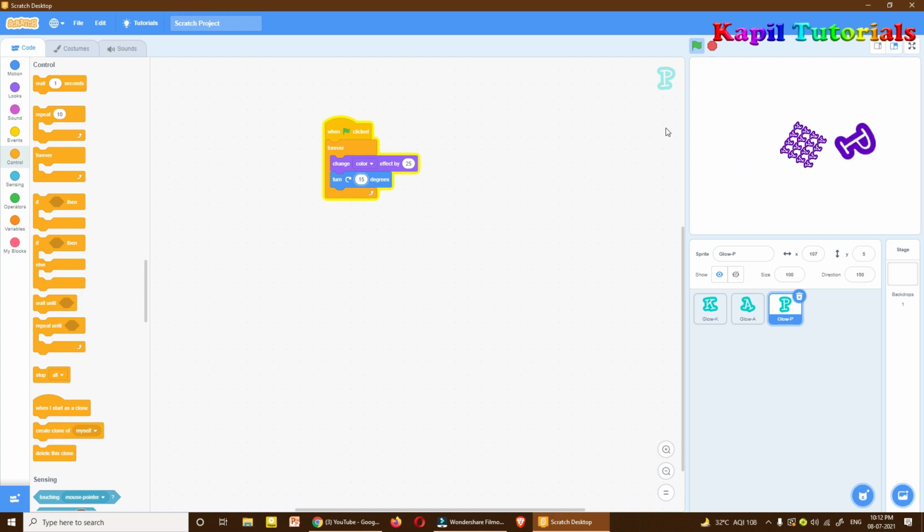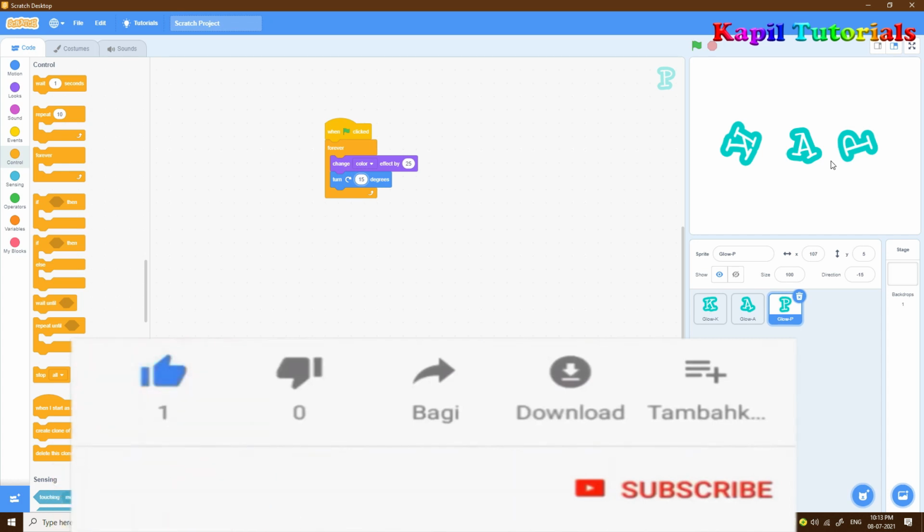So I hope it is very clear how I've used different commands to animate different alphabets. So dear students, I hope you'll be happy to learn this animation, and you'll be able to animate the letters of your name. It can be any letters, only due to the screen I have used only 3 letters. It depends upon your choice how many letters you need to use. Okay, still if you are facing any problem, you can comment.